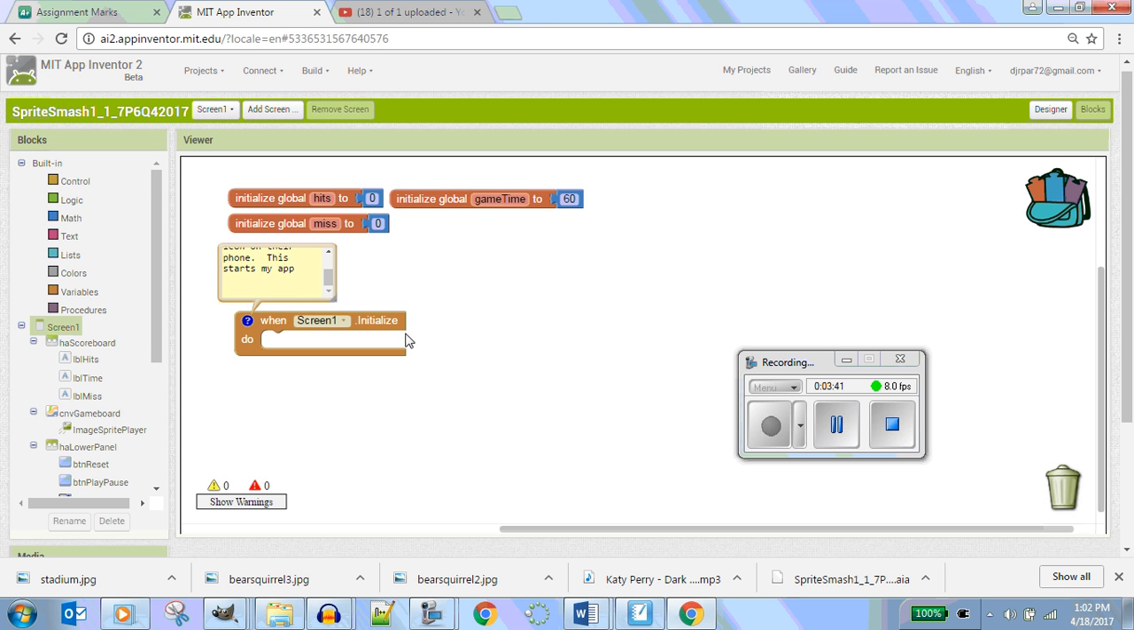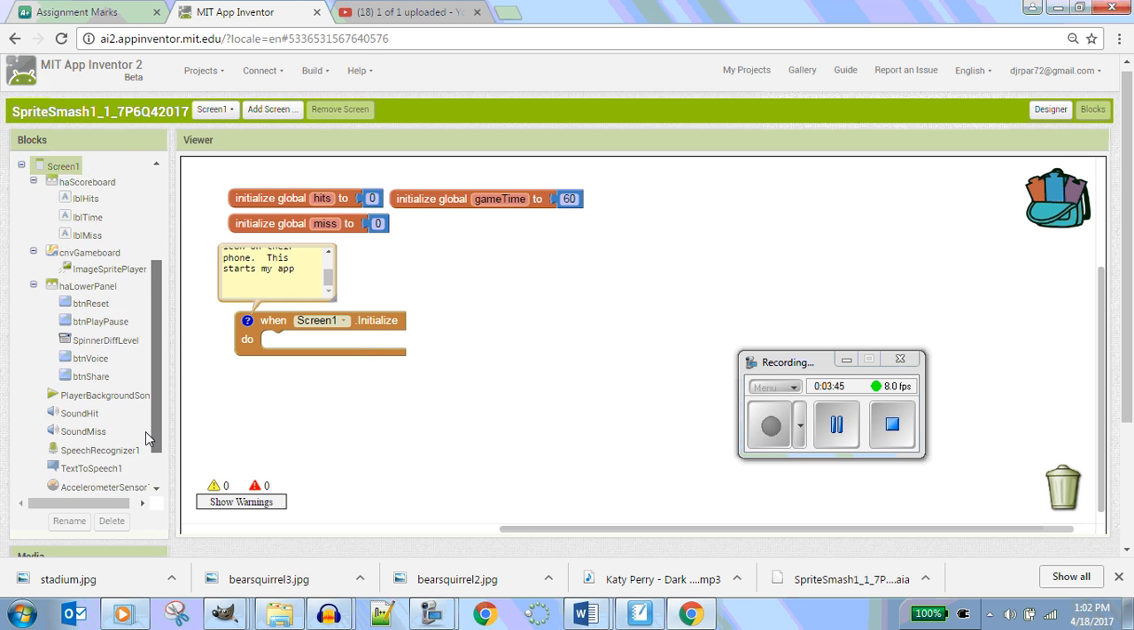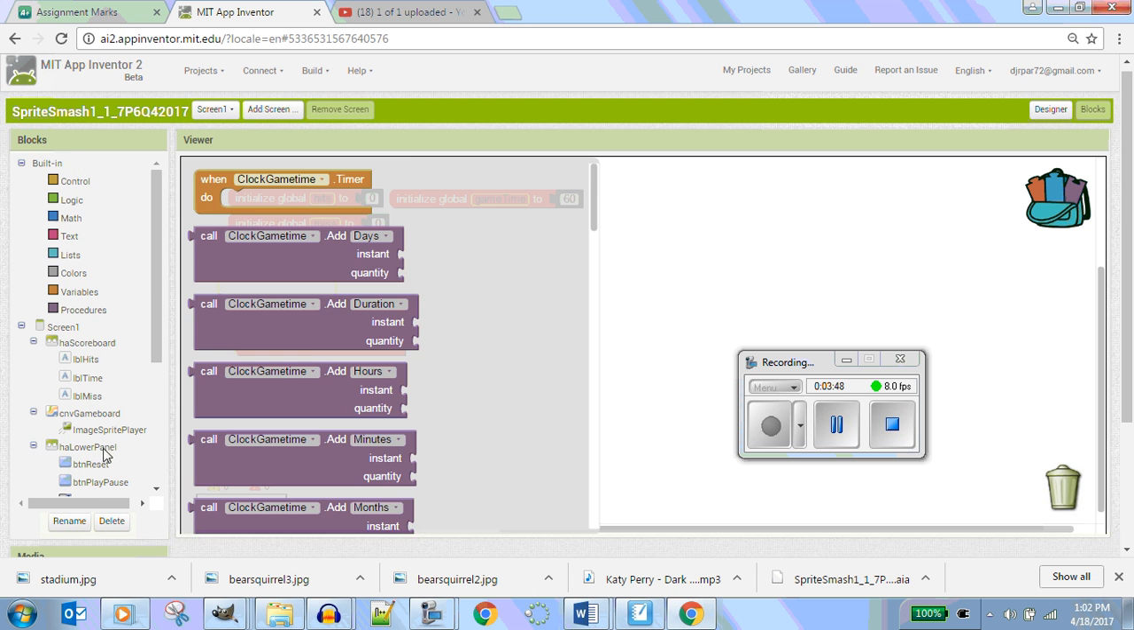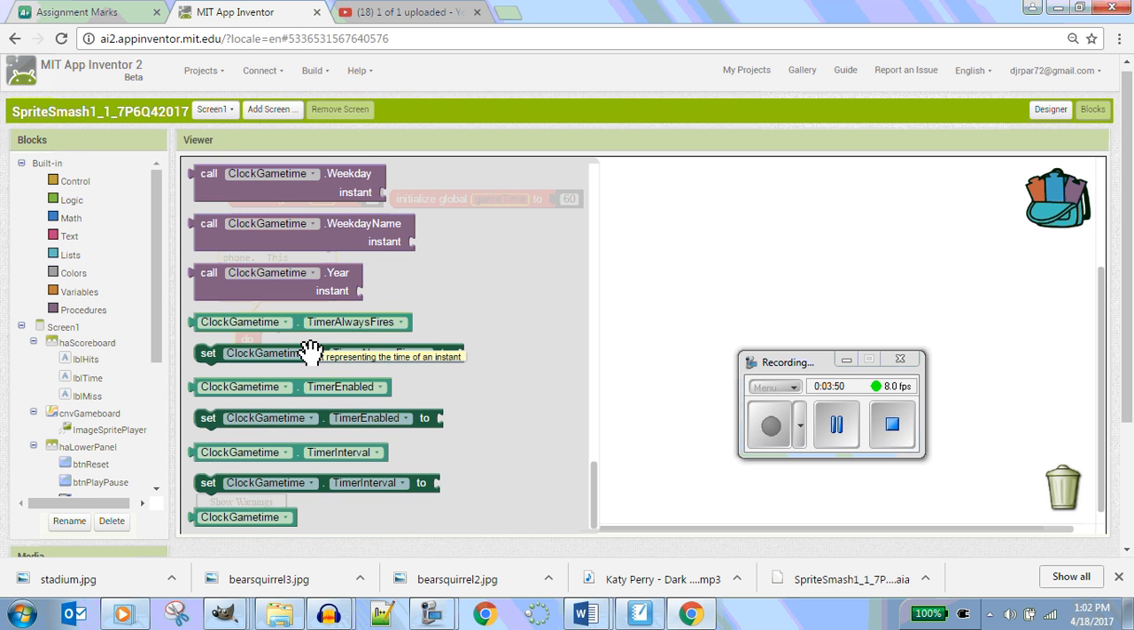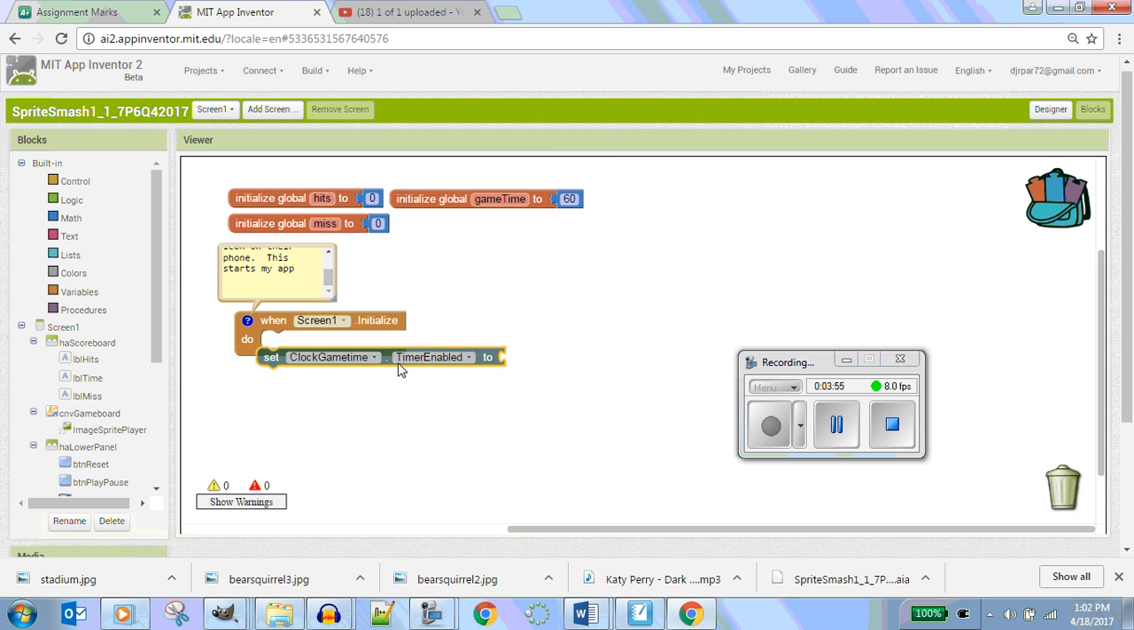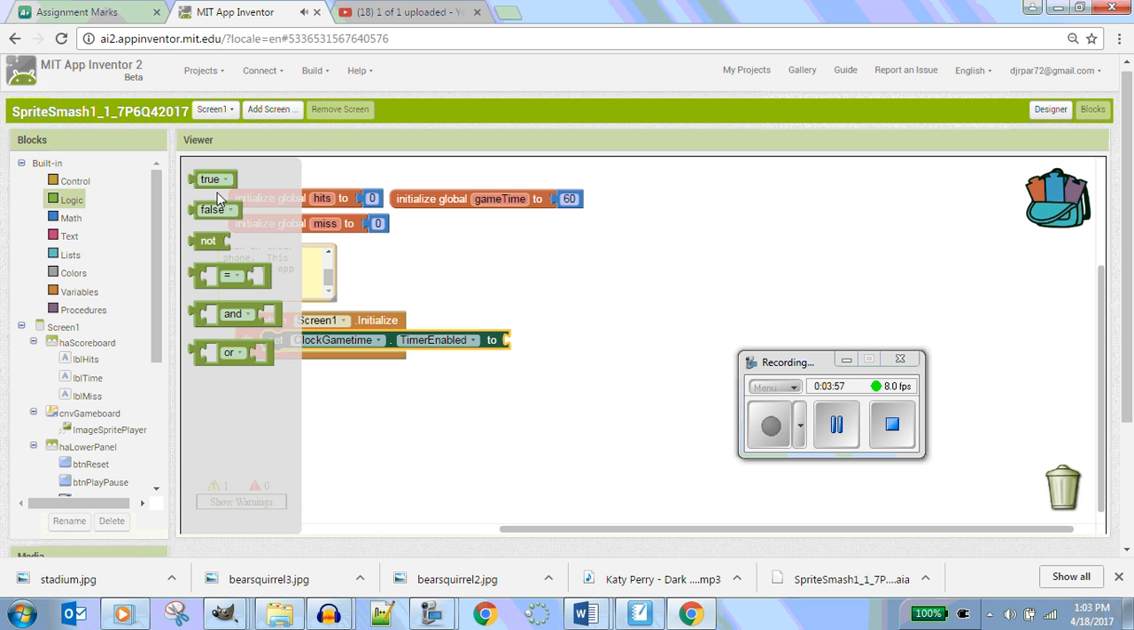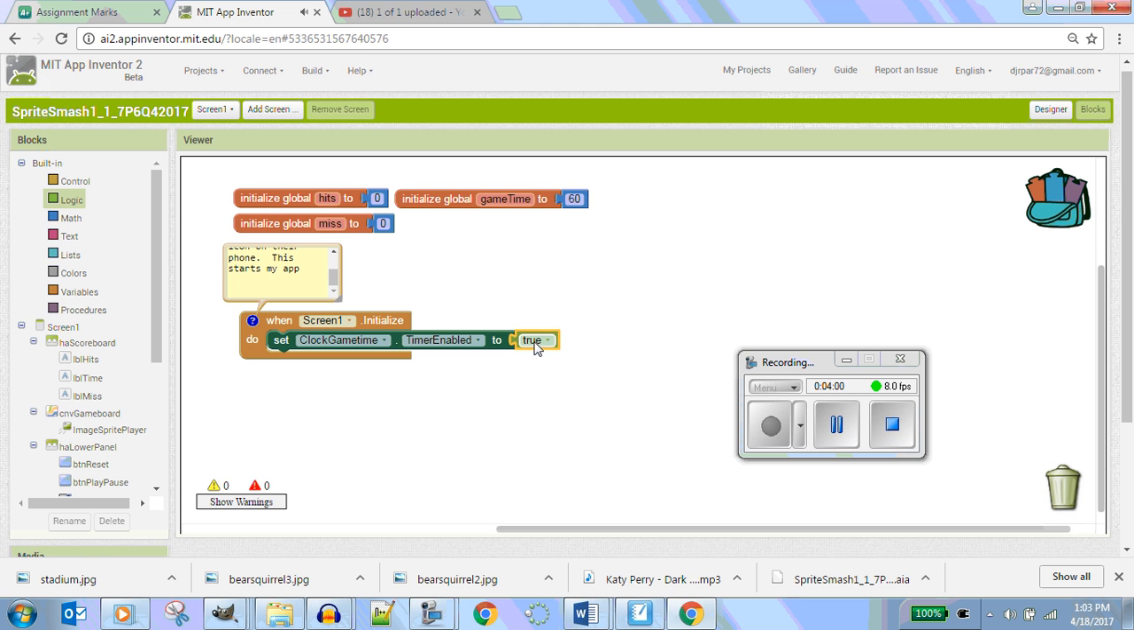So when I want this app to start, I want it to turn my clocks on. That's what governs this app. So I'm going to turn 2 clocks on. One clock called game time. I'm going to come down here and I'm going to look for something that says clock game time timer enabled to something. What's that something? It's going to be true. I want to turn it on. It means it's enabled, it's engaged, it's working. This guy down here, I'm going to duplicate this one because I have another clock called move Sprite. And those are going to be set to true. Now,